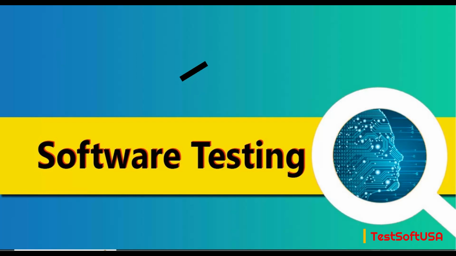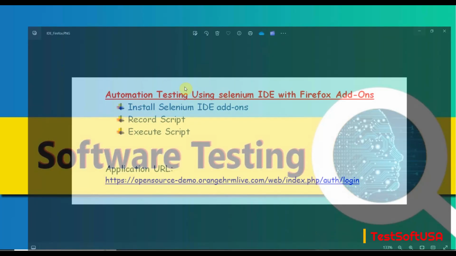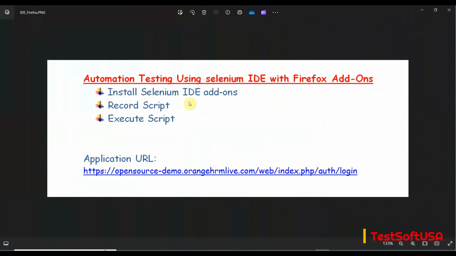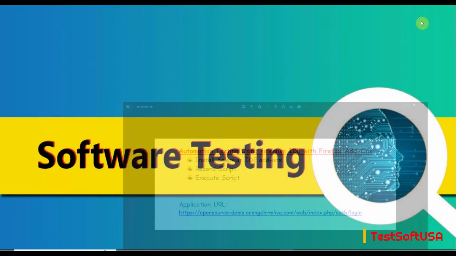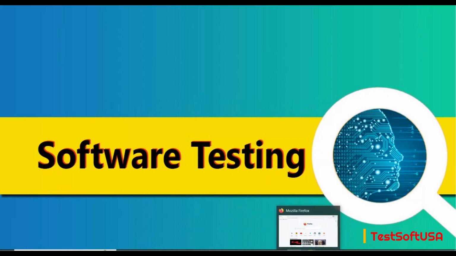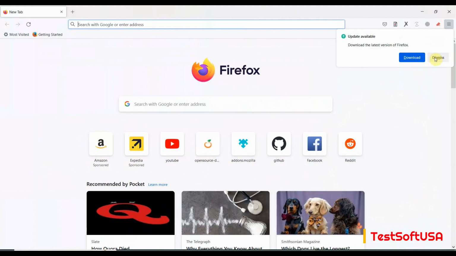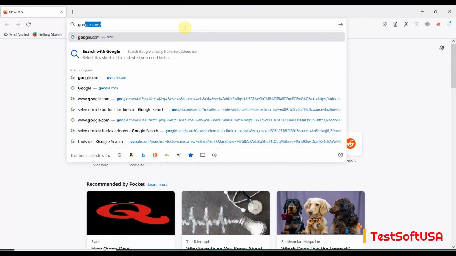Today's topics I divided into three parts. First we'll install the Selenium IDE add-on, then I'll record a script, then execute the script, and I'll use an open source demo website URL for testing purposes. So in order to do that, first open the Firefox browser, then go to google.com,